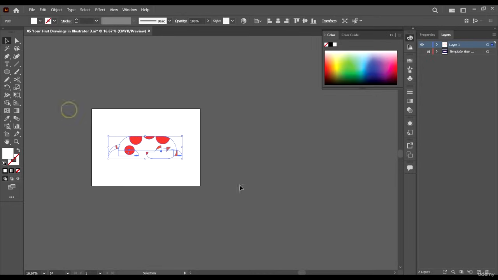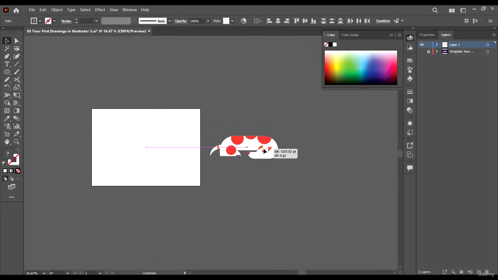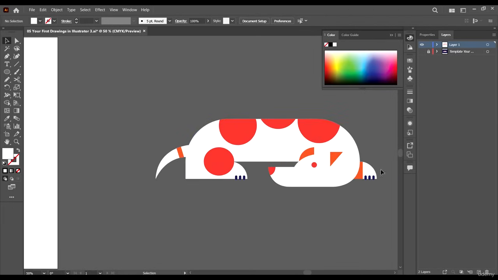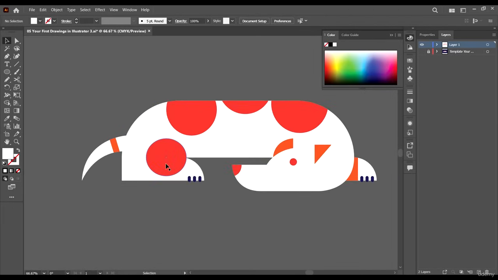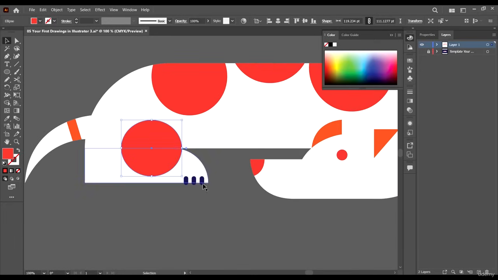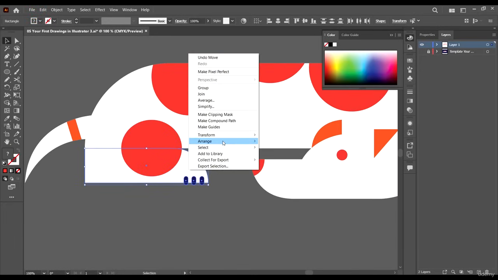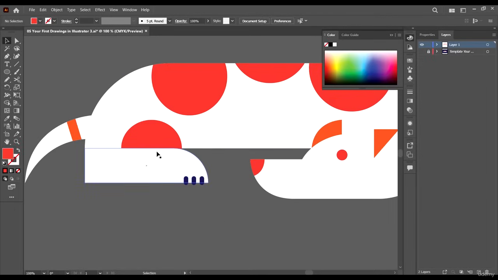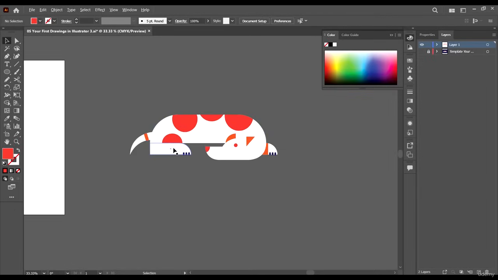So let's just select the whole design and bring it out, holding down Shift, of course, and drag it out so as to see what's happening more clearly. For this guy, just select these ones and right click and bring them to front so they appear on top of this guy.